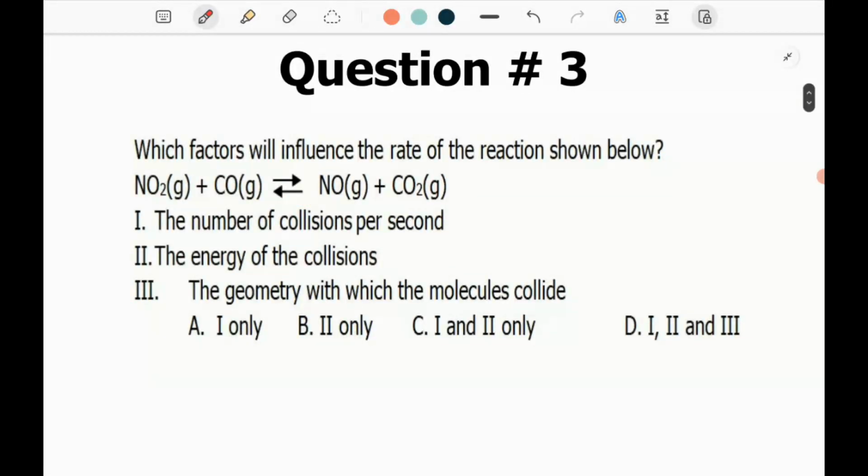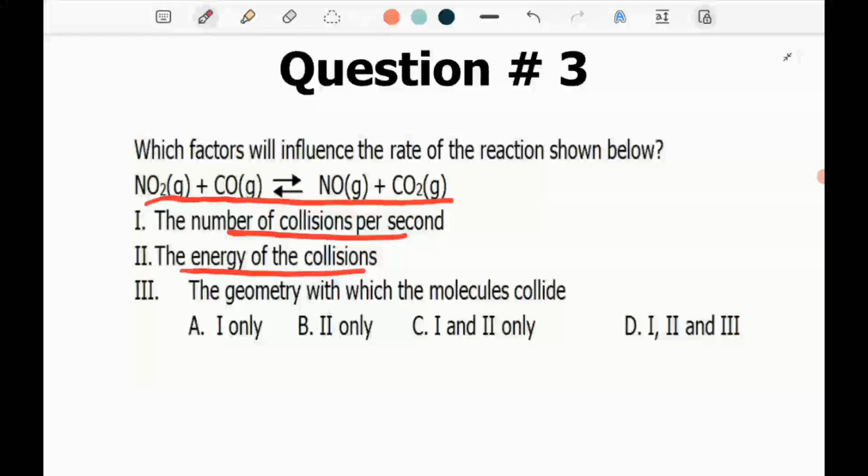Question number 3. Which factors will influence the rate of the reaction shown below? For the reaction that is displayed here, which factor or factors will influence the rate of reaction? Is it the number of collisions per second? Is it the energy of the collisions, or the geometry with which the molecules collide? So to answer this question, you have to remember the factors that should be fulfilled for a chemical reaction to